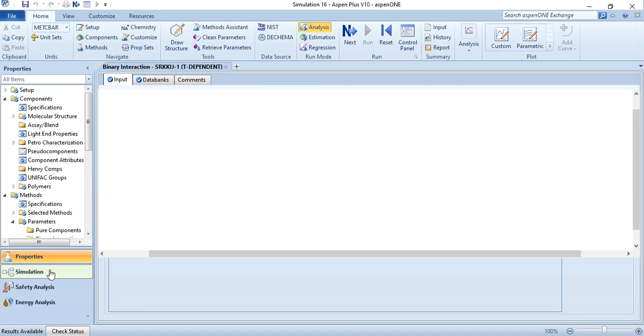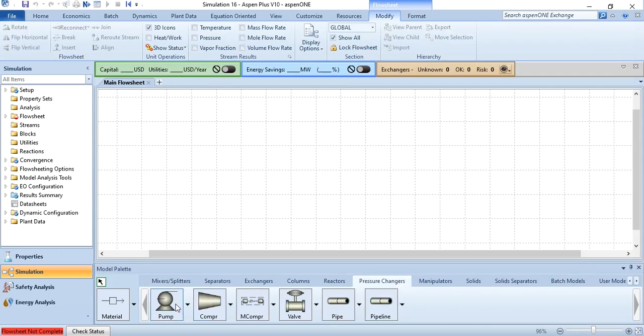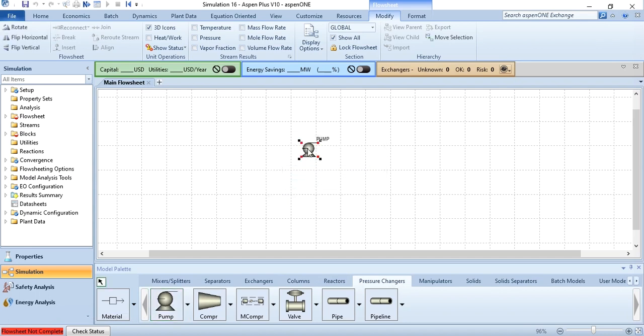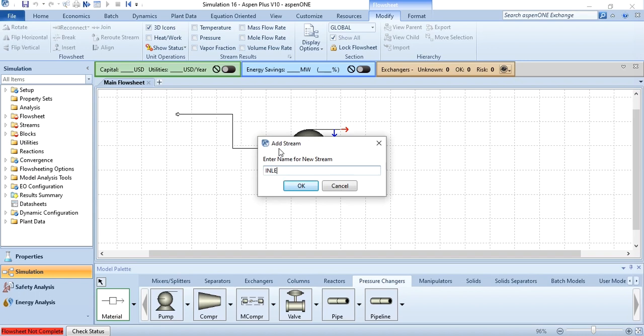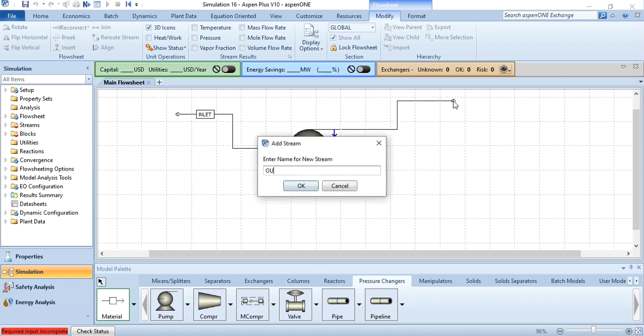So this activity till now is related with CLO number 1. Now we will go to the pressure changer because it's related to the change in pressure of the stream, and that is pump placed over here. So click it, place it over here, name it as pump, and you can expand it a bit. It's up to you. Then do the required connections. One feed stream, I will label it as inlet, and one outlet stream, the product stream, I can label it as outlet.